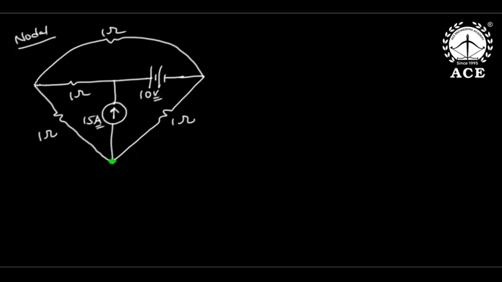So this is principal node 1, principal node 2, principal node 3 and principal node 4. Out of all principal nodes, I will take one as reference. Let this be V1, let this be V2, let this be V3. So I am writing the nodal equations first. For the first equation, this time V1 is not directly available. So this current plus this current plus this current is 0, that is V1 by 1 plus